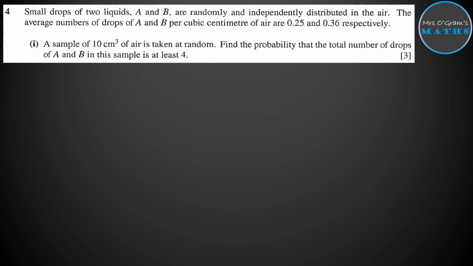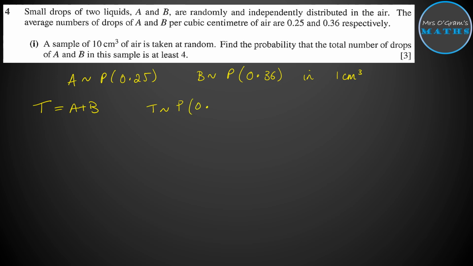Okay, so A and B are randomly and independently distributed in the air, so they are distributed within a set space. So this will be a Poisson distribution for each of those. So in 1 centimeter cubed, that's what they will look like. And if we let a new variable t be a plus b, then t will also follow a Poisson distribution, just by simply adding those two together, which gets to 0.61 in